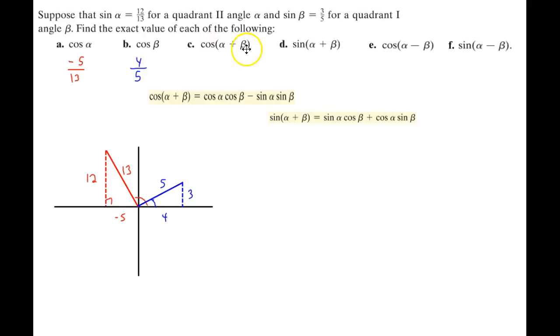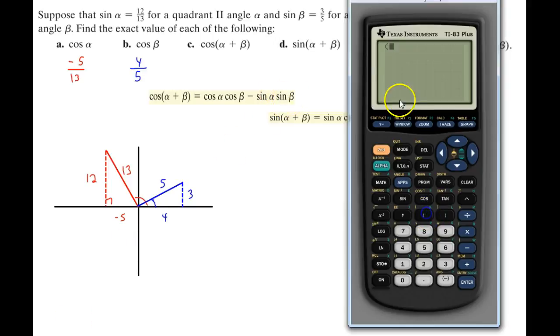All right, so cosine of alpha plus beta, I plug into this formula, and I know what cosine alpha and cosine beta are now, and I know sine alpha and sine beta from the original. So now this just becomes plugging in the fractions. So cosine alpha was a negative 5/13. The cosine of beta was 4/5, minus the sine of alpha was 12/13, and the sine of beta was 3/5. So I just plug that in there, hit enter, gives me a decimal, change it to a fraction, and I get negative